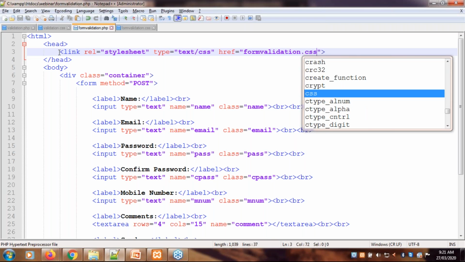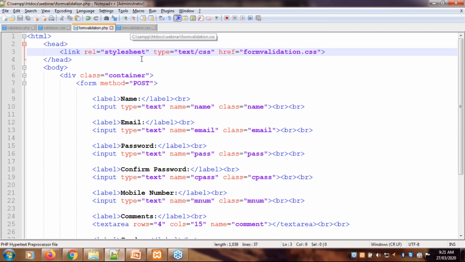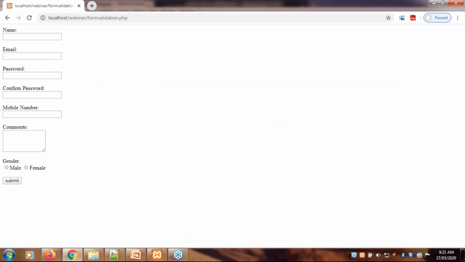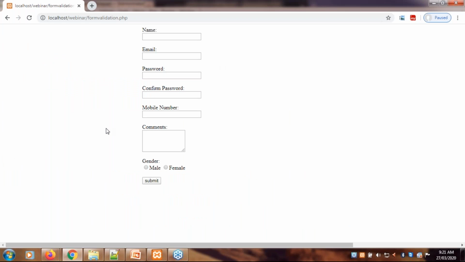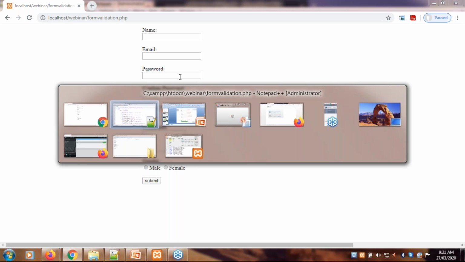Using this syntax, you can add an external CSS file. Okay, so now we'll run this program. You can see this form is moved 30% from the left.